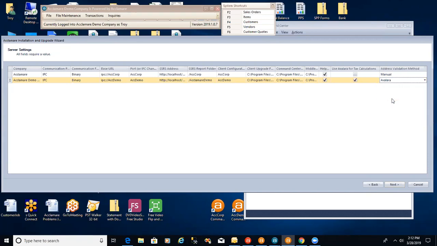We also have obviously this option here now, which is a really nice option. The Avalara address verification is, I don't know how to quantify it, so to speak, but it's significantly better than either of the other 2 methods. Is it 4 times better? Is it 10 times better? I don't have that kind of data, but it is awesome compared to the other 2 methods because number one,